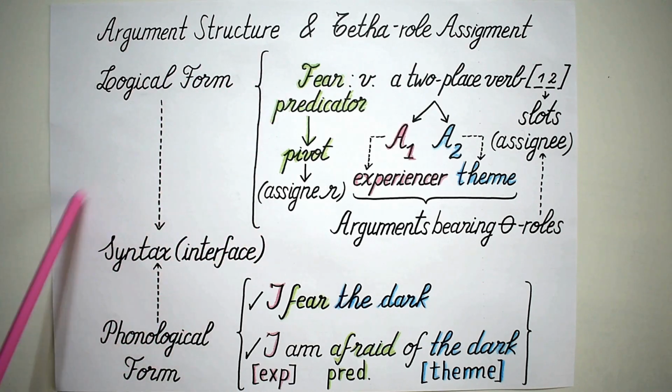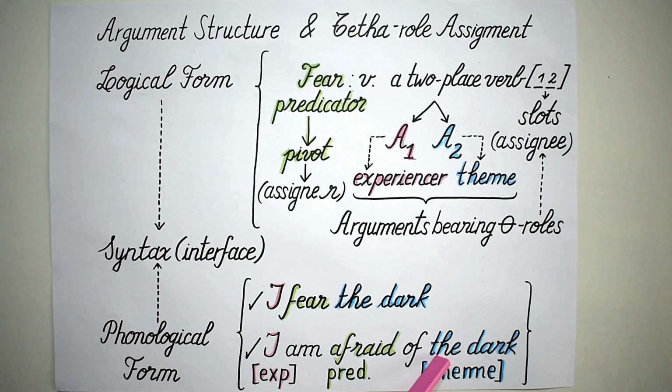In the near future, we will see how we can derive sentences by means of, as you know, different merger operations in the formation of phrases, so that we can put, for instance, the determiner, the, and the noun dark together to form a phrase. We'll see what kind of phrase that is. The million-dollar question here is: is that a determiner phrase or is that a noun phrase? That is something that we will discuss in the near future. All we're saying here is that I fear the dark and I am afraid of the dark are two different phonological manifestations with their own syntactic derivation and syntactic representation